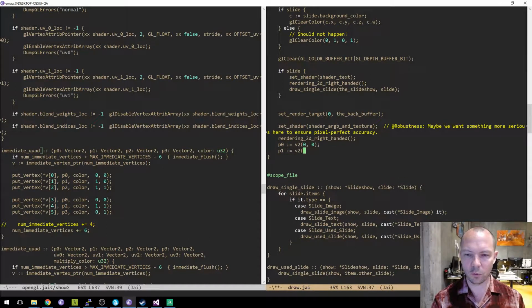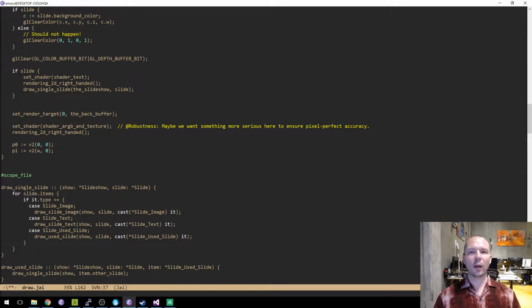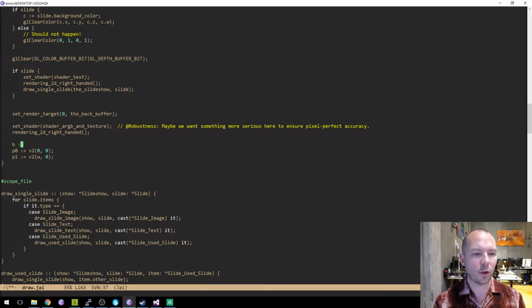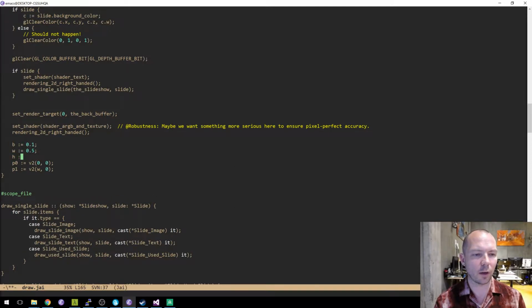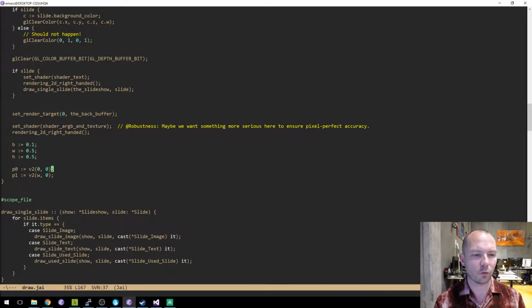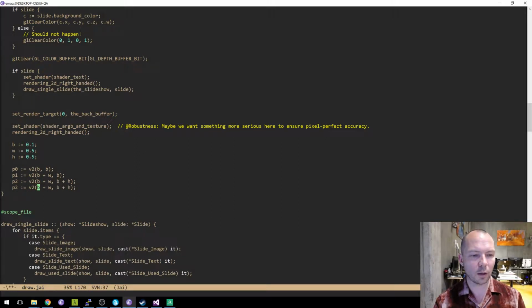P1 is V2, W0. You know what, we're going to say there's a border in all this. We're going to say the border is 0.1, width is 0.5, and height is 0.5. We're going to go from B,B to B plus W,B to B plus W,B plus H to B,